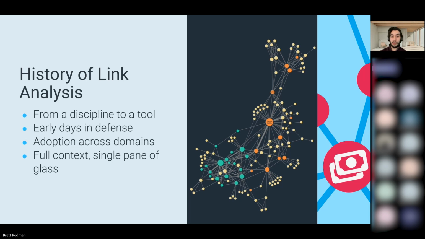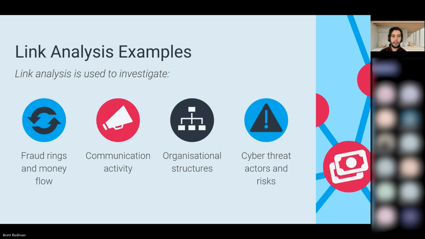And its earliest adoption was actually in the defense domain, largely for intelligence investigations, but it's since been adopted across different domains that we'll go into in a second. And the reason for this adoption is largely because it helps give investigators the full context of what's going on in their data. You'll hear the term single pane of glass view quite often used to better understand this. And some of the examples of how link analysis is currently used, obviously when it comes to fighting economic crime, it's visualizing fraud rings and the money flows between different financial entities. But there's also things like communication activity, right? WhatsApp messages, social media activity, phone calls, emails. These are some of the common ways that people try to map out the connections between individuals.